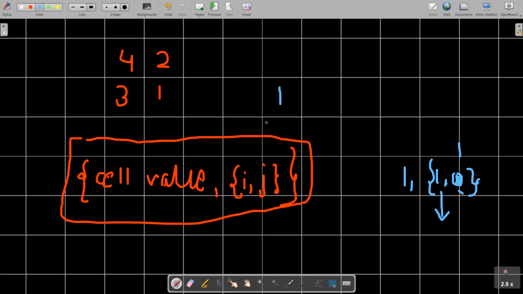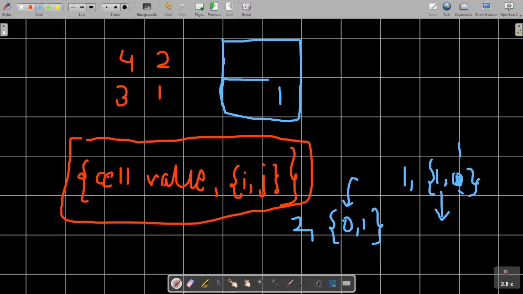My next element according to the sorted form is 2. I will pick up this 2 and its coordinate is 0 comma 1. 0 denotes the row number and 1 denotes the column number. This is the matrix that I am going to be filling up. What is the current rank for the zeroth row?